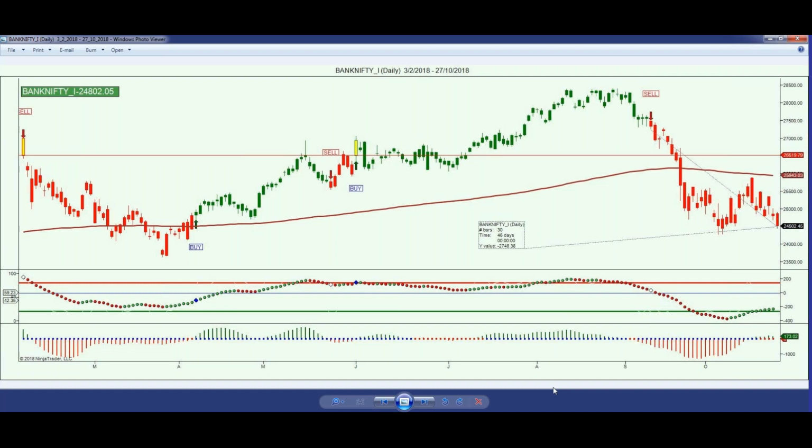52 trading days and 80 calendar days. See, in case you don't have to wait till this period. The same result what you have got, you could have got much earlier also, 10, 12 days before that of this candle. So the call got generated somewhere around 8th of August, and then yesterday's price was this. So you could have exited at this price also. It was maximum here also. So around 6th of October, you could have exited.